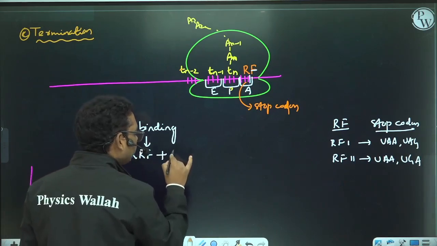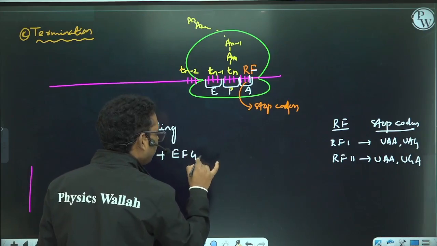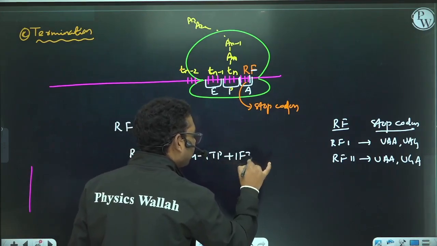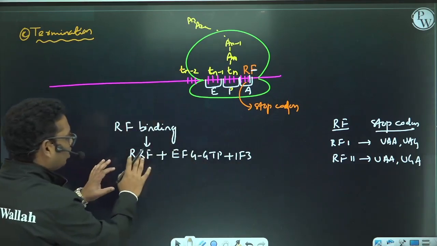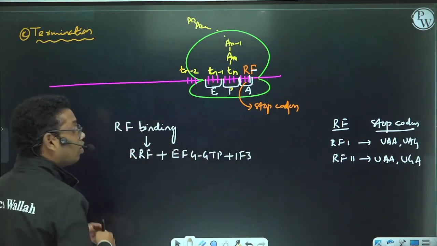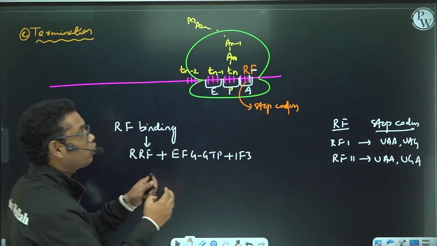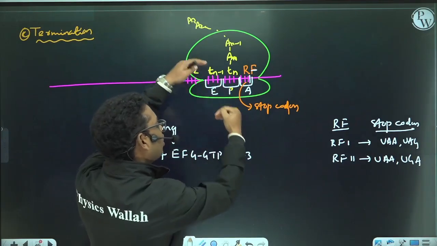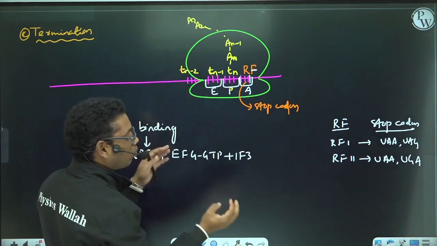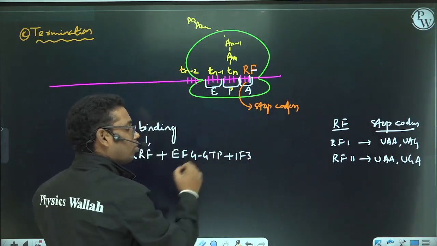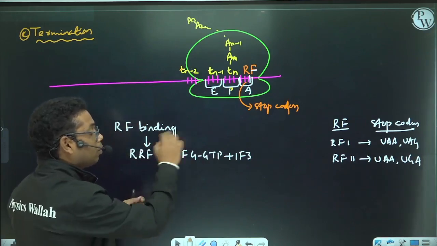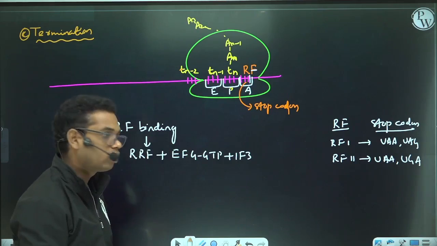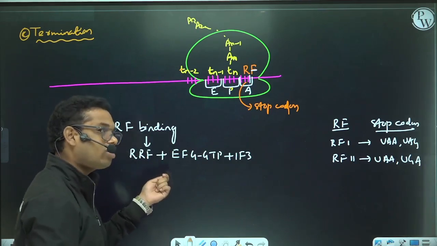Along with that, elongation factor G, which will be bound with GTP, and IF3 will come and bind. So when this RRF comes and binds, what will happen? This will cause the dissociation of all the complexes. That means the ribosomal subunits will separate from each other. Okay, they will not bind with each other. Why? Because IF3 is bound here. The mRNA will get separated, tRNA will get separated, polypeptide will get separated. So that will cause the termination of the